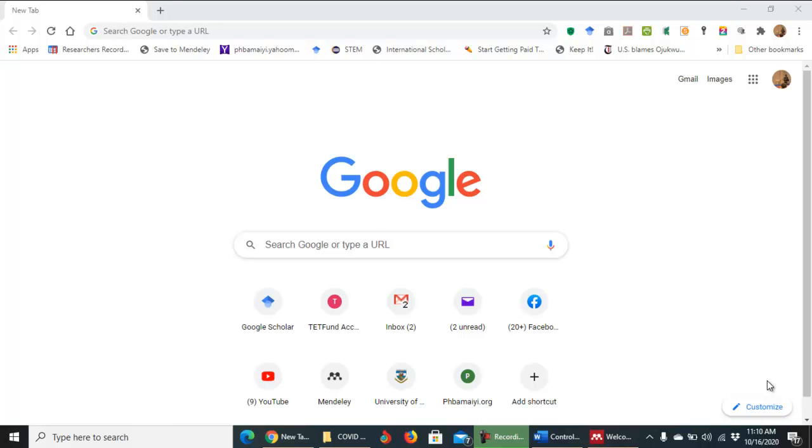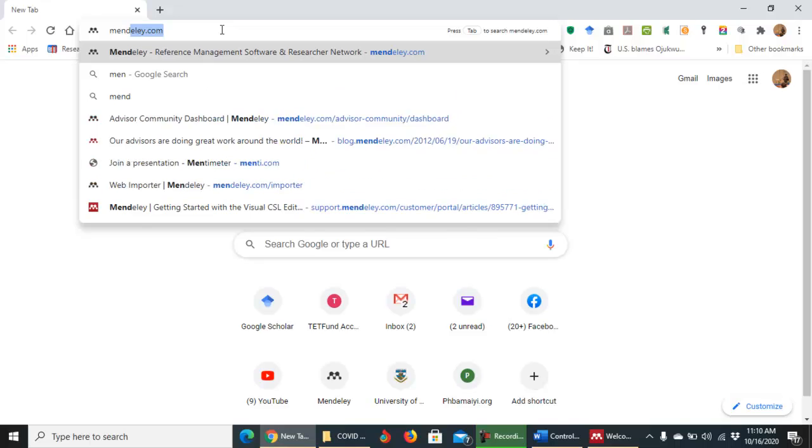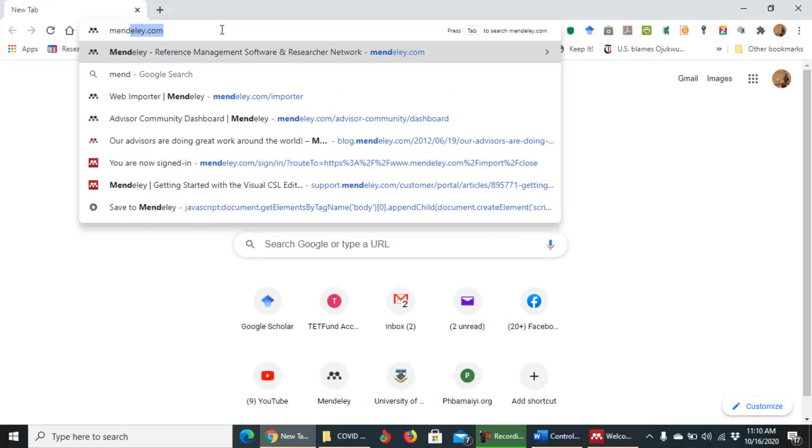important that you need for your research. It's a reference manager called Mendeley. Mendeley. Now, if you don't have this software, just go to the website